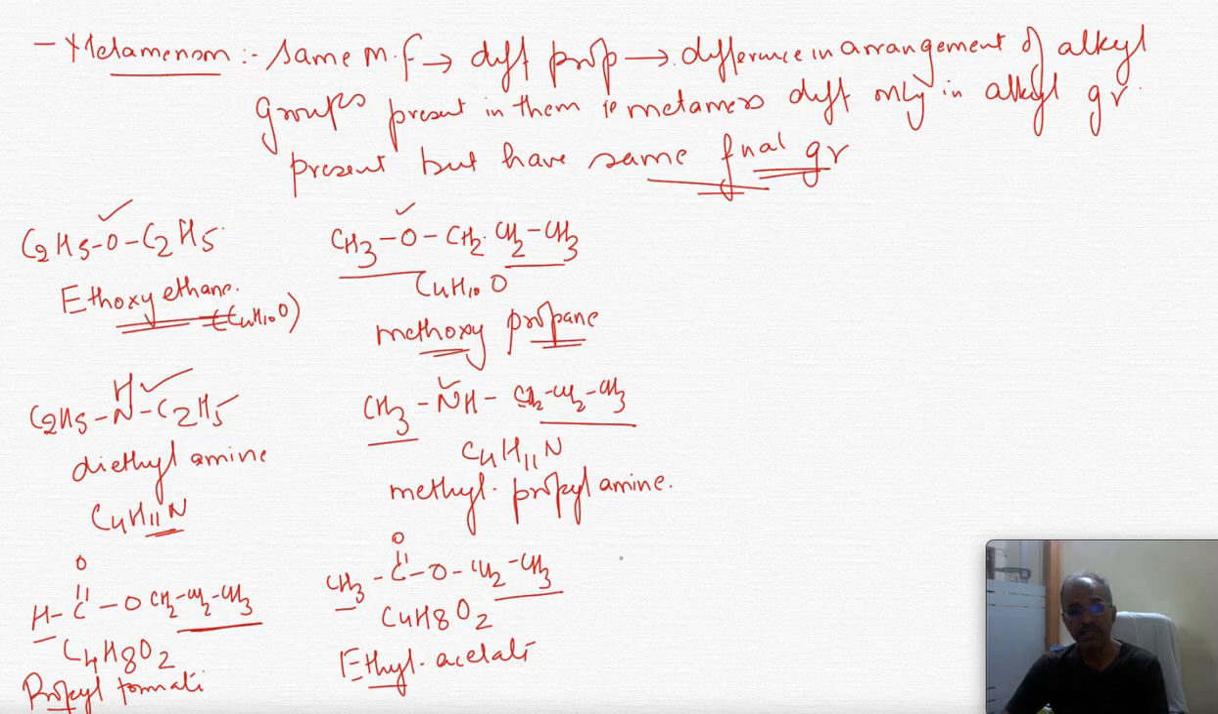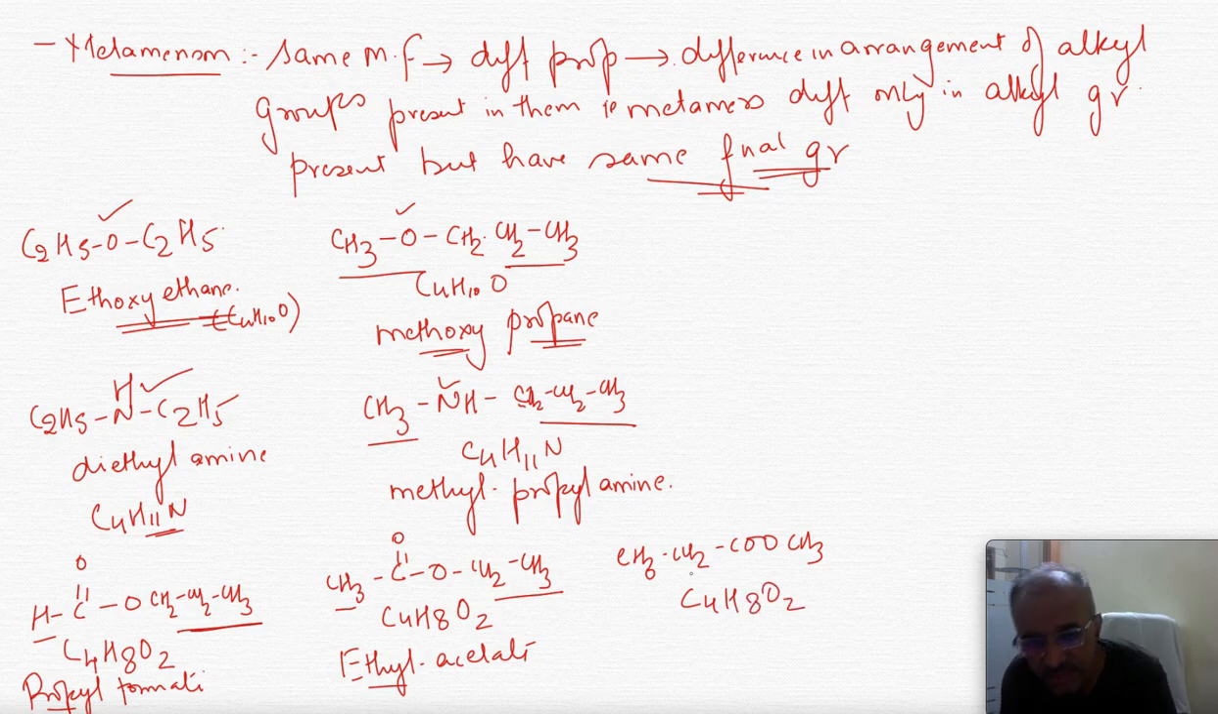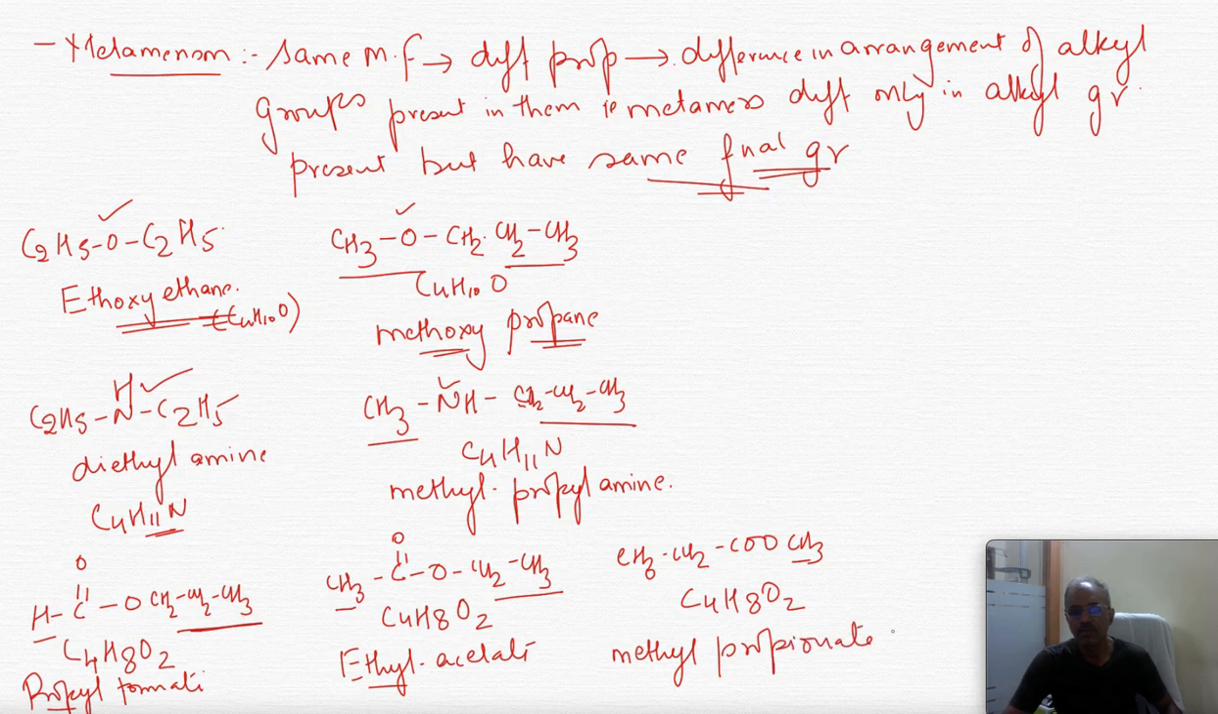Similarly, we will have to take CH3, CH2, COO, CH3. So this is C4H8O2. Fine. CH3, CH2, CO, OCH3. So now this will be coming first. Methyl propionate. So here ester is the functional group,